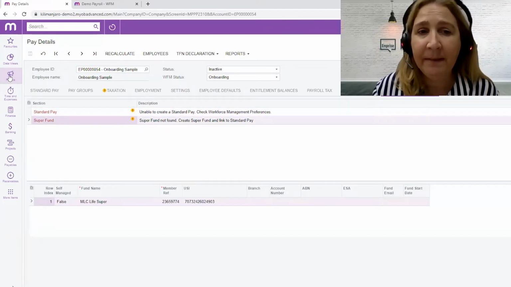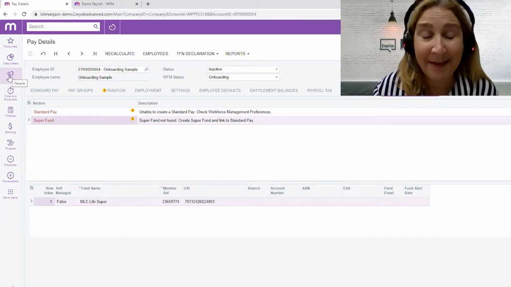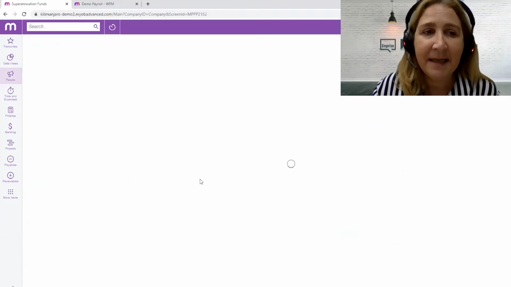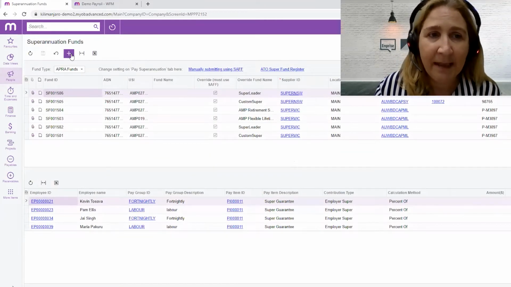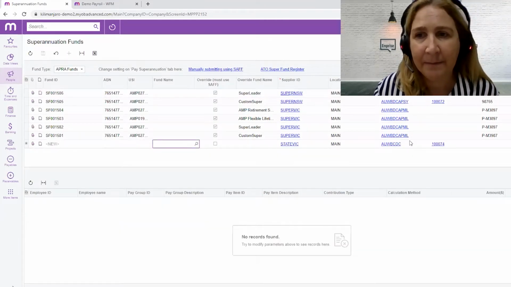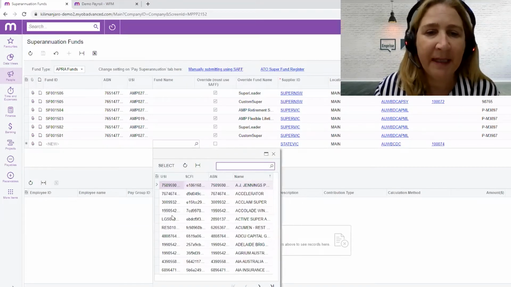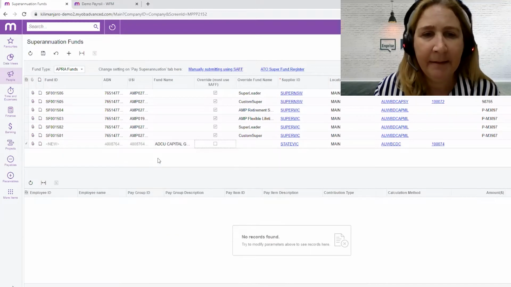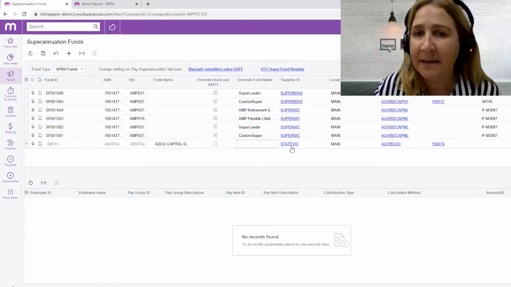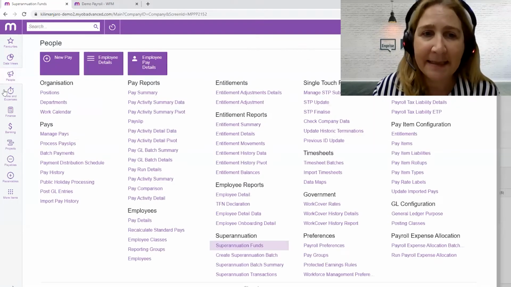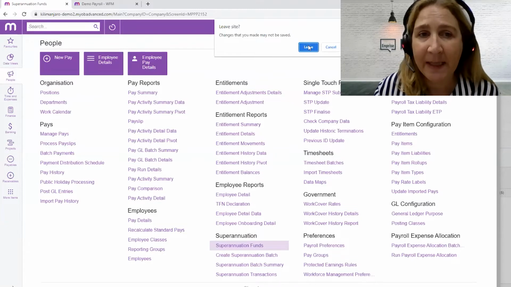Superannuation is really important, and because that fund is not available in the payroll at the moment, I'm going to go into the superannuation funds. This is linked directly with the ATO, and I can add a fund. I look for that fund simply by putting in the USI number. Once I've found the USI number, the fund comes up, and then I can add it with the supplier ID, the payment method, and the cash account. Normally that comes up automatically. Once that is done, I can then go back to my employees,